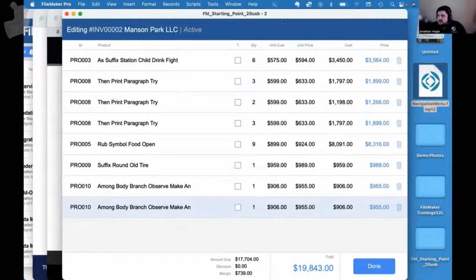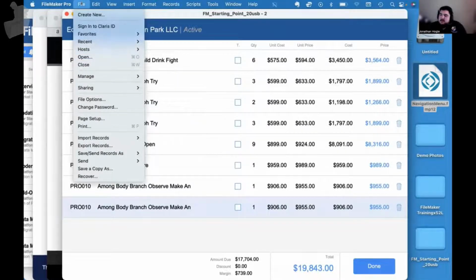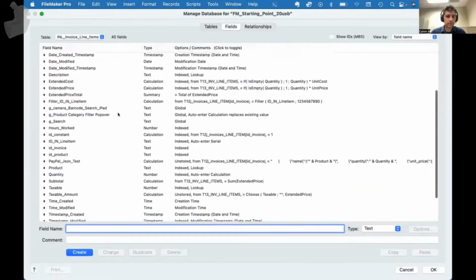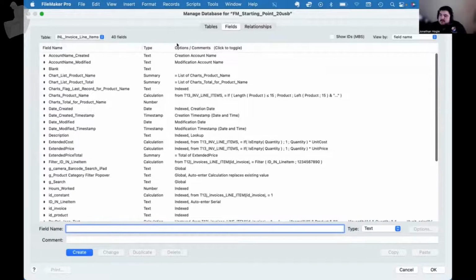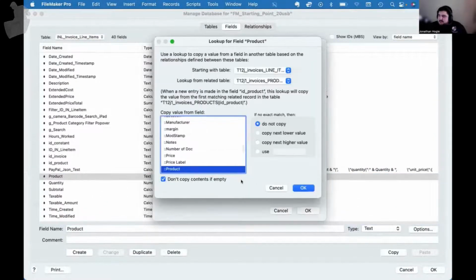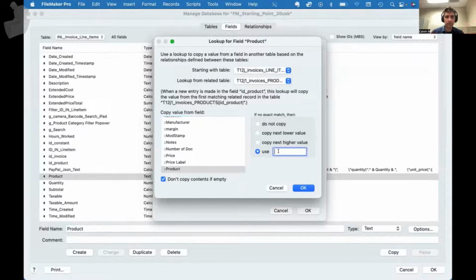But for example, if you go into File, Manage, Database and you did lookups, so if we could look at a lookup. I'm used to coaching where I have to tell people go to File, Manage, Database and not just Command Shift D. One of these has got to be a lookup. Here we go. The description's a lookup, and that one's a product. Yeah. And here, if no exact match, then either do not copy, next lower value, copy next higher value, or use whatever we type in here. I've never actually used any other besides do not copy. But